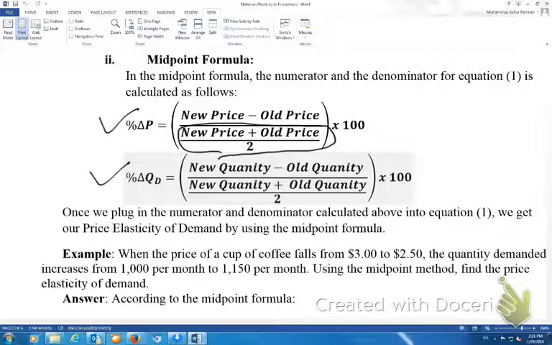You add the new quantity and the old quantity and divide it by 2, and studies have shown that gives you a better approximation of the elasticity of demand. In order to convince you that the midpoint formula is a more stable measurement of elasticity of demand, I urge you to go back to the